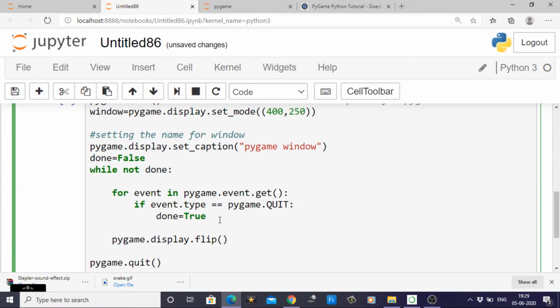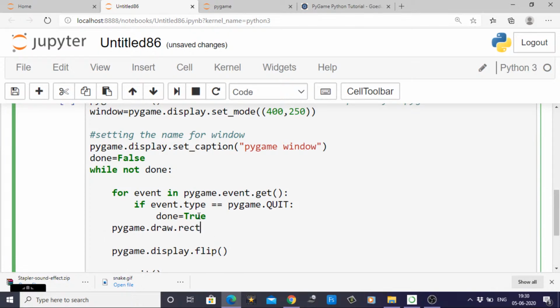Okay, and then I can write here like you want to create a rectangle. So for the rectangle what I need to do, pygame.draw, there is a package called draw, and inside it there are lots of functions. One function is rect, only for creating the rectangle. Okay, and you need to give here where you want to create the rectangle, you need to create a rectangle over this window. So inside this I need to pass the window, and then I need to give the color